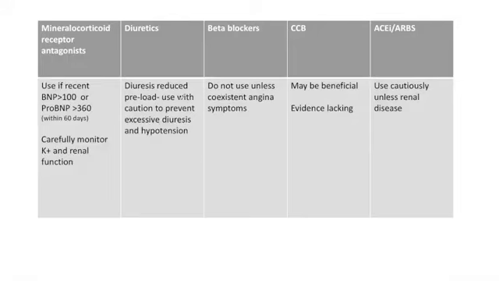So here is kind of a flow chart of what we're going to be using: mineralocorticoid receptor antagonist, and that's your spironolactone. Diuretics, obviously loop diuretics are what we talk about most. Beta blockers, they are really big on the angina signs or symptoms, not necessarily in. And then CCBs may be beneficial, but you can see here evidence is lacking. And ACE and ARBs used cautiously unless renal disease. Now this is for preserved